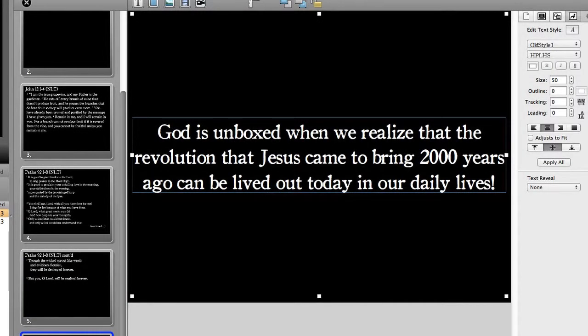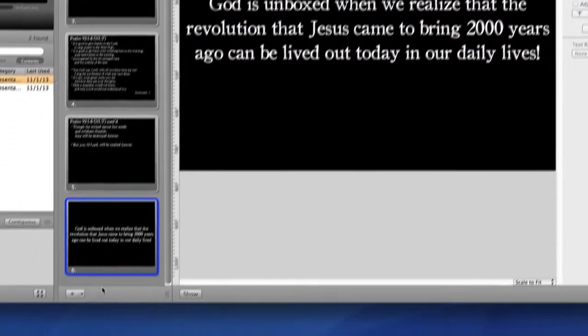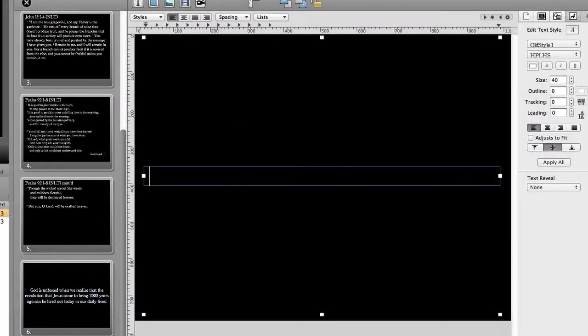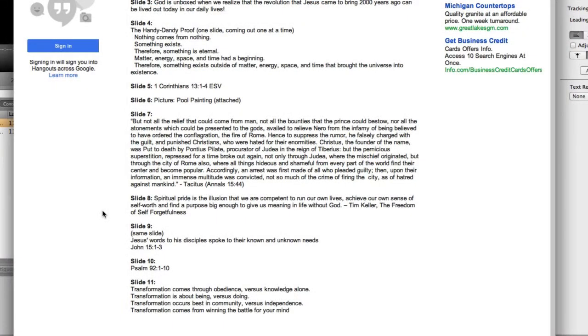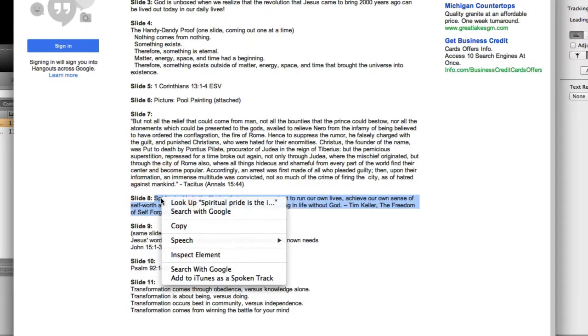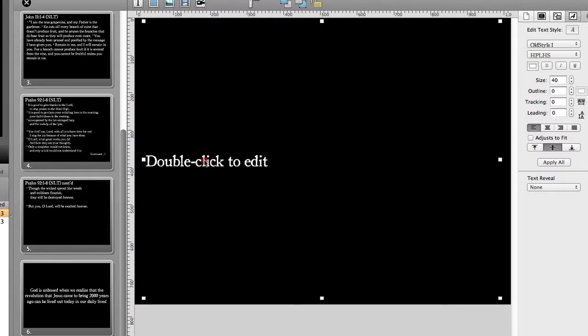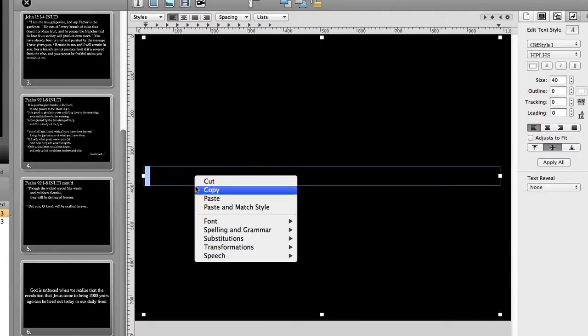Second, let's work on inserting a quote the speaker has given us. I'll go to my template once again, down here on the bottom left, clicking the arrow next to that plus button, and we'll find the template file for a quote. Once I have a new slide with the proper template, I'll switch back to the email my speaker sent me with all the slides, copying the quote, and when I return to ProPresenter, of course, using paste and match style,